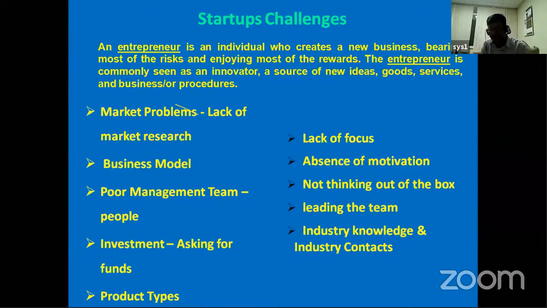Another challenge is, when you start your startup, a new company, focus is very, very important. This challenge is called lack of focus, because of continuous monitoring. I can tell you, our competitor in the world is almost equal in population, that is China. That is a big challenge for us, because they are already in the business in India with low cost